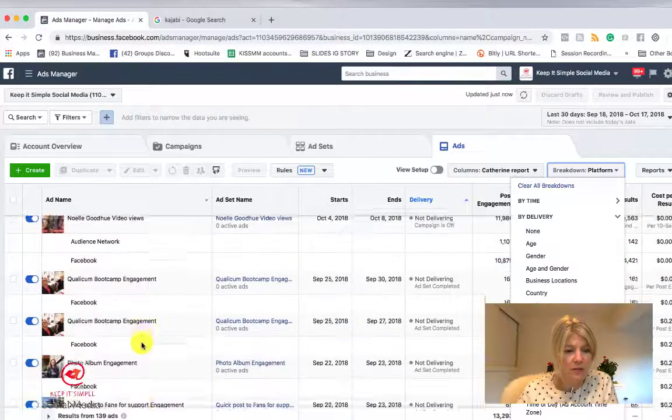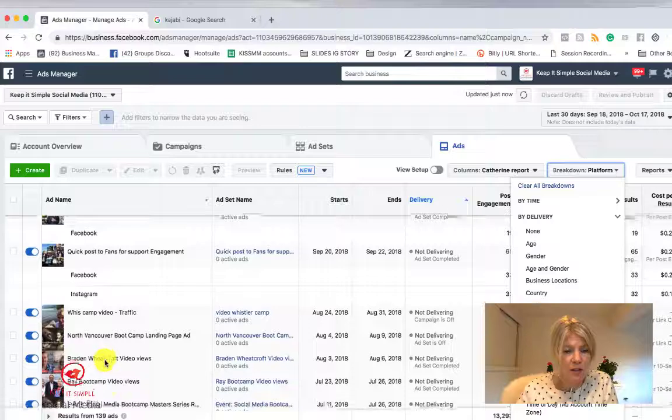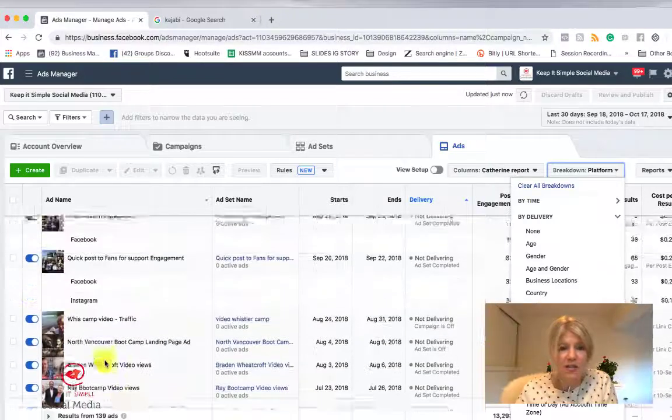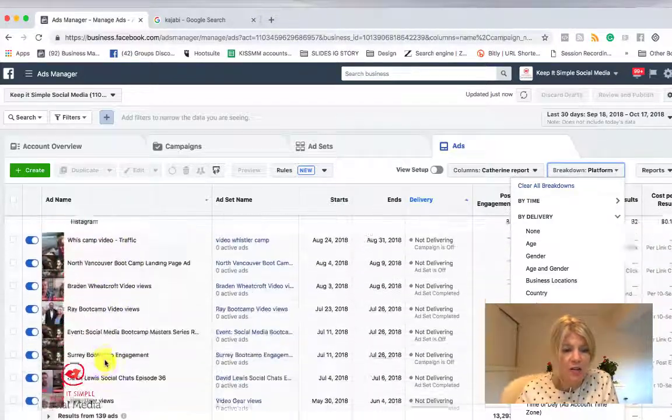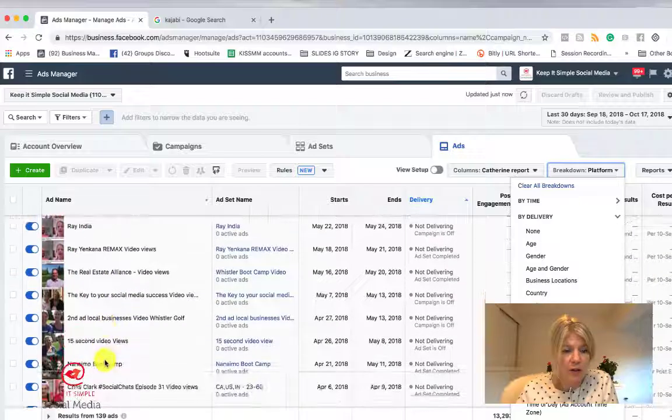This one only on Facebook. See, you can see everything that's running. You can track your results. If you want to take a screenshot, for example, you want to show to one of your clients or to